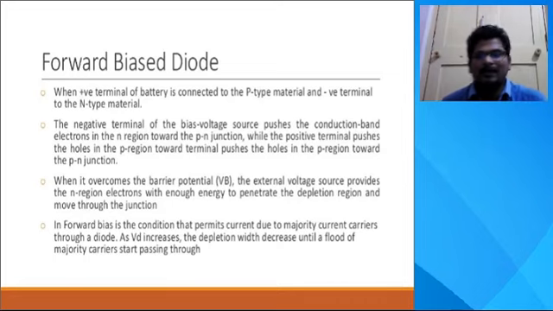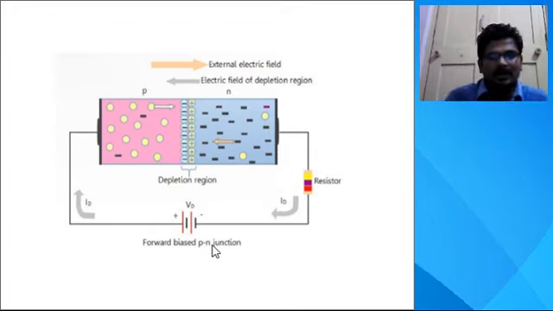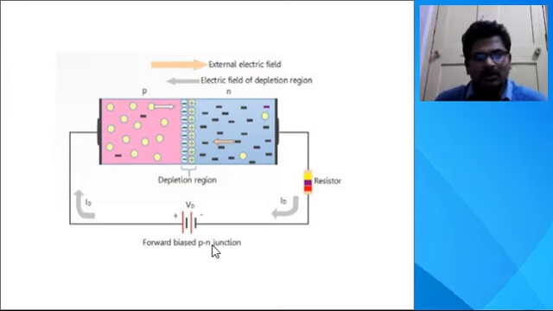So whenever we are applying that external voltage, here we are mentioning that VD in this diagram is called the external bias voltage, or we will call it the diode voltage. Whenever we are increasing this diode voltage, see here in the p-type semiconductor, the holes are the majority carriers, and here we apply the positive terminal of the external source.